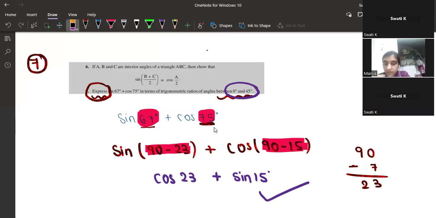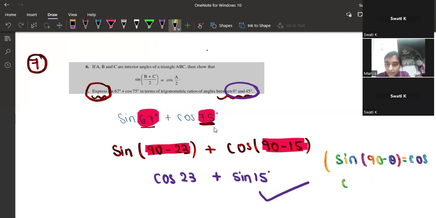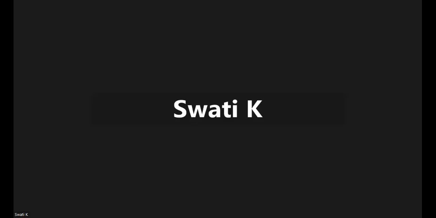Yes. We expressed our 67 and 75 degrees in between 0 and 45 degrees, which is 23 and 15, and we are done. Also, I'll just remind you, don't forget to write down the formula which you have used. So you have used here two formulas, sine 90 minus theta equals cos theta, and another formula, which is cos 90 minus theta equals sine theta. Clear, Manya? Yes, so we have completed exercise 8.3. I hope you understood every single